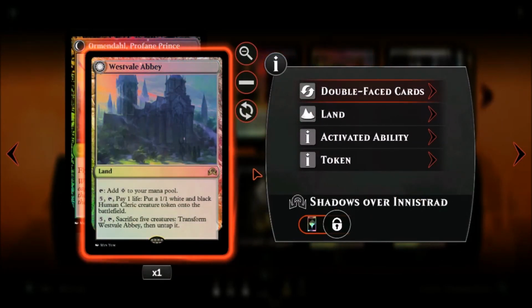West Vale Abbey is another way to get out of a bad situation. It's a non-basic land. We can tap to add 1 colourless to our mana pool. So it doesn't give us black or white, but it has great advantages, you'll see. We can pay 5 colourless mana and tap it to get a 1/1 creature token. It's not a zombie, so it doesn't fit in with the rest of our tokens, but the alternative ability, we